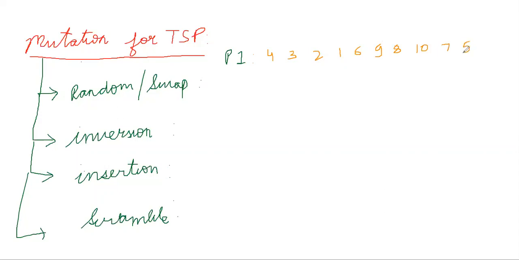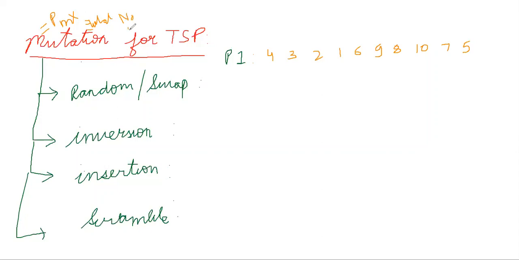The rest of the rules remain the same. There has to be a mutation probability, and based on this mutation probability, I will calculate how many elements have to be changed. So that is the mutation probability into, I am repeating this again and again, into the total number of genes if the population size is small.